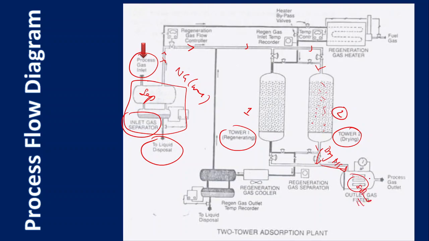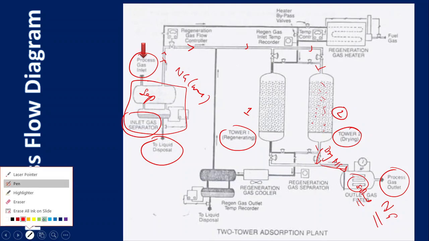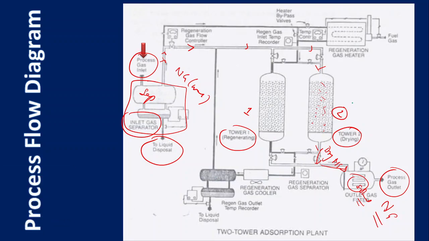So we can go for the filter. After filtering the natural gas, we can take out the natural gas, that is dry natural gas without the water. So this is the dehydration cycle. Now see the regeneration process. For regeneration, we take part of the natural gas, then we heat it, and after heating we send it into the bed. So that is ready for regeneration.